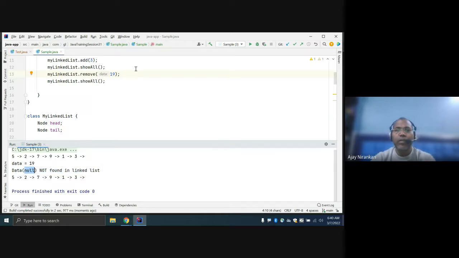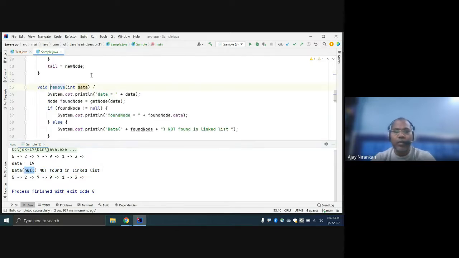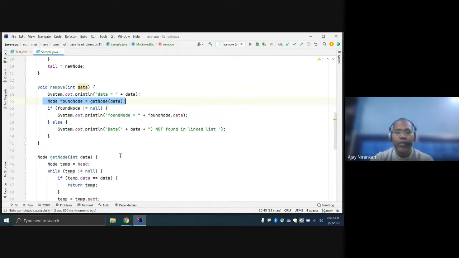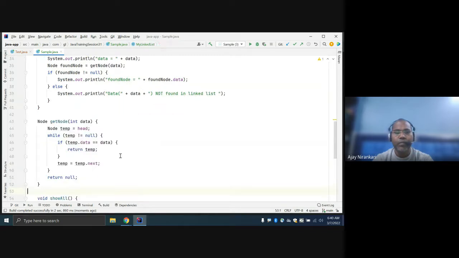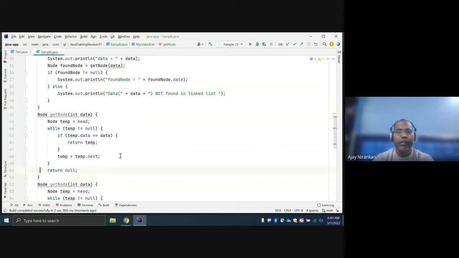So instead of null, here write something like the data. Here the input data you just pass. At least now we are clear that we are able to find the data part. But I need another method that returns the previous node. Now we find the 9 node, but we need the previous node. So let us write one method that returns the previous node. It looks the same, but just change the name to previous node.